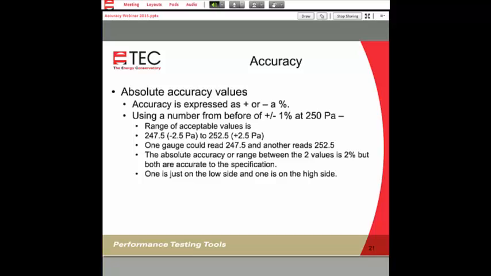We could have two different instruments sitting side by side. One reads 247.5 and the other one reads 252.5. And while that looks, and when you do the math, it's 2% apart, they are both accurate to 1% because the true value, the standard value is 250, but the gauge might be reading a little bit high, might be reading a little bit low from one instrument to the next.